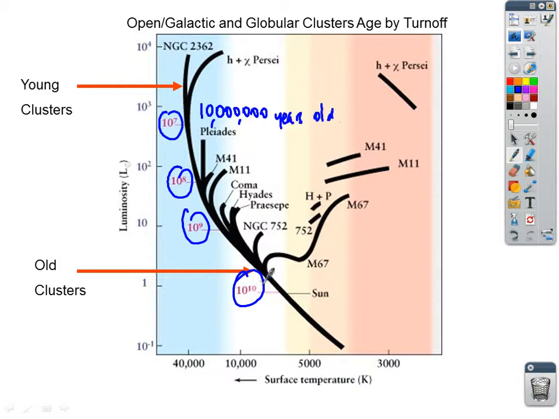A turn off at this point here means that cluster is 10 to the 10, which is 10, 1, 2, 3, 4, 5, 6, 7, 8, 9, 10 years old. Okay, and if we put some commas in to make that more readable, so this is 100 billion